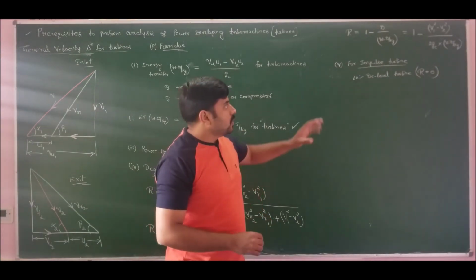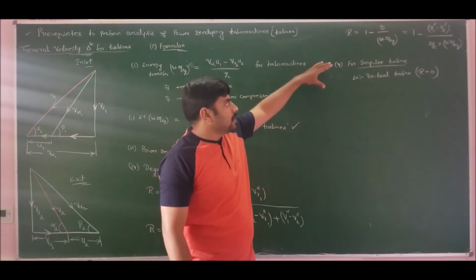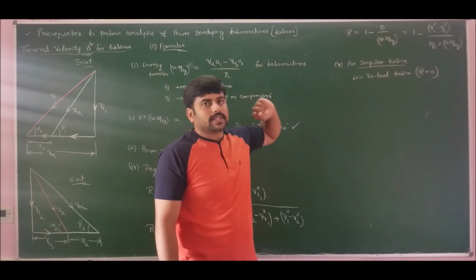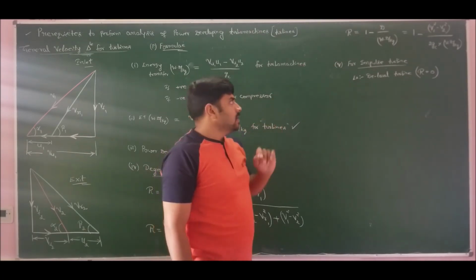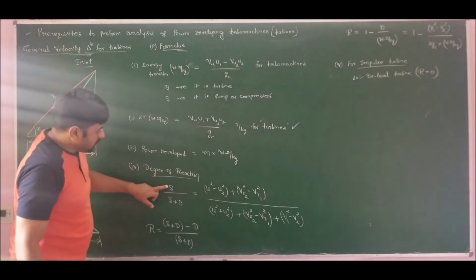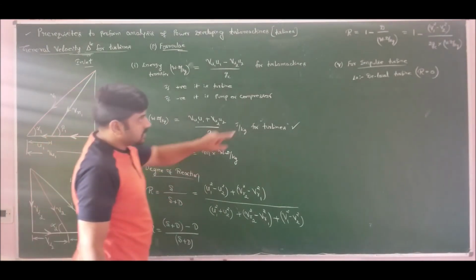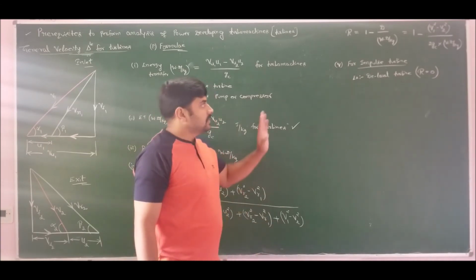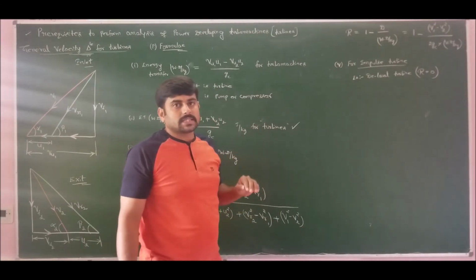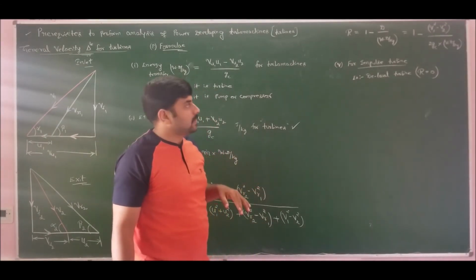Therefore, only the dynamic component of energy transfer is observed for an impulse turbine, whereas the static component of energy transfer is 0. So if I substitute the static component as 0, it is 0 by (0 plus dynamic component), and 0 by anything is 0. Therefore the degree of reaction is 0 for an impulse turbine, which I will clearly explain in our next module when I take up analysis of steam turbines.